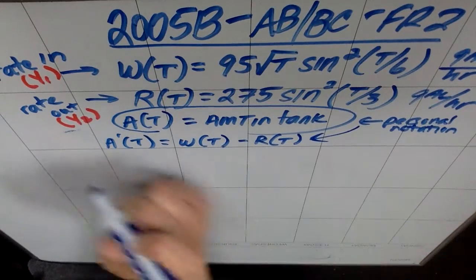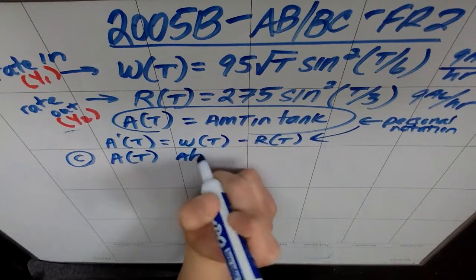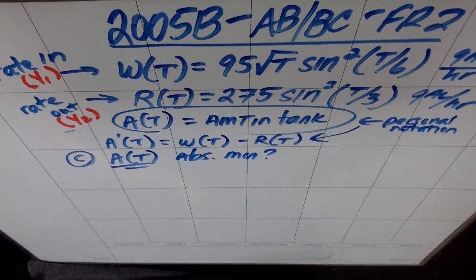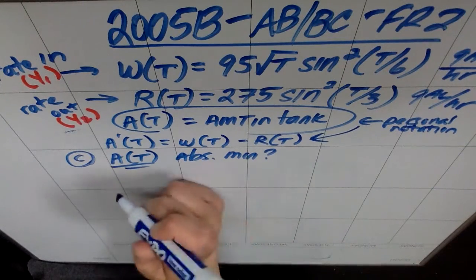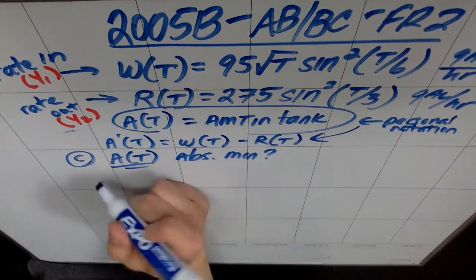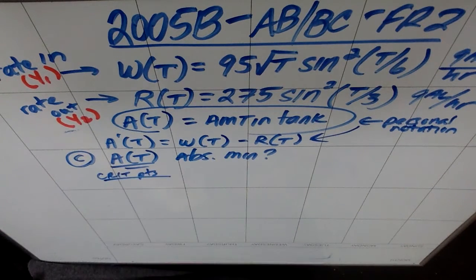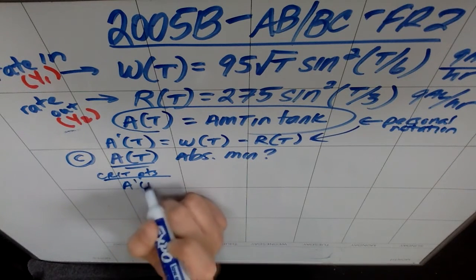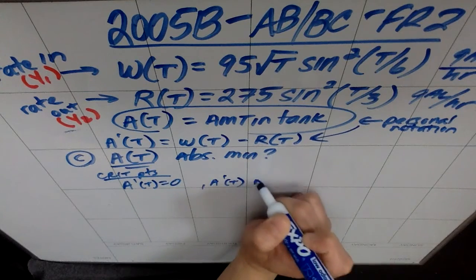So in part C, they want to know when does a of t have an absolute minimum, right? And again, that's my notation, not their notation. But the trick is that if I want an absolute minimum for a of t, I need to consider a prime of t, right? I need to consider the critical points. And that logic is still there even if you're using a notation that you made yourself. So critical points happen when a prime of t is 0, when a prime of t does not exist, but